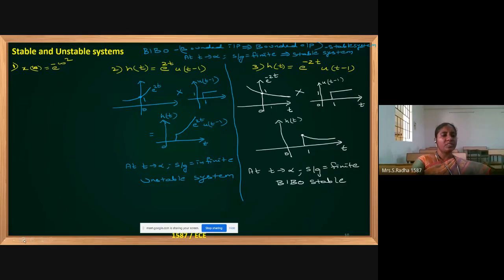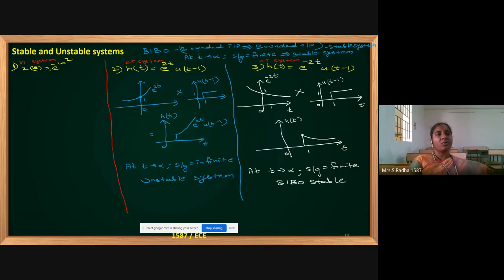Now the first diagram, if you see the first diagram, it is discrete time. The first question is a discrete time system, with n or omega. The second question is a continuous time system, t is present, so continuous time. The third one is also a continuous time system, t is present. Now I am coming to the first question.